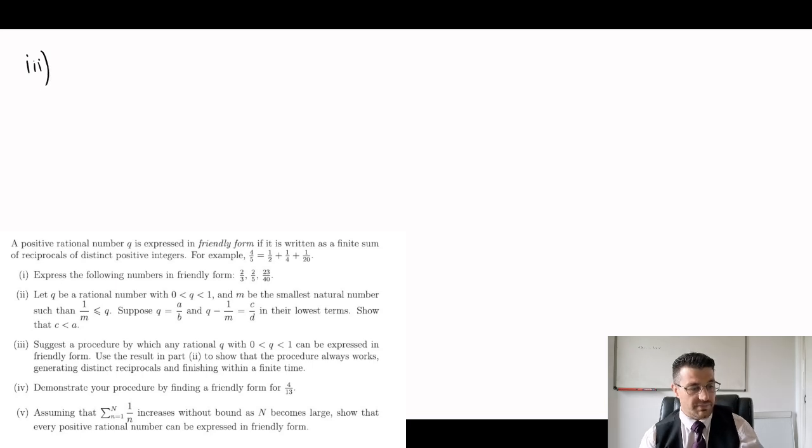So part 3, what was part 3? Suggest a procedure by which any rational q with 0 less than q less than 1 can be expressed in friendly form. Use the result in part 2 to show that the procedure always works, generating distinct reciprocals and finishing within a finite time. Okay, so